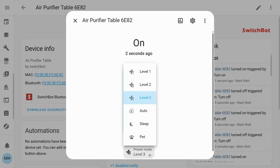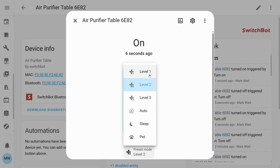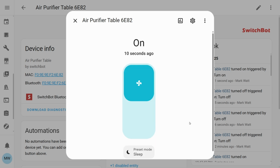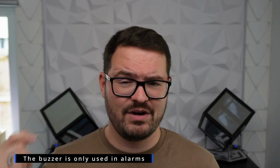You can also adjust the mode, which is also quite nice. However, you're missing a couple of features which I would like to see within the Home Assistant integration. First of all, I'd like to be able to control the buzzer. I want to be able to use this thing as a little alarm, so press a button and have the